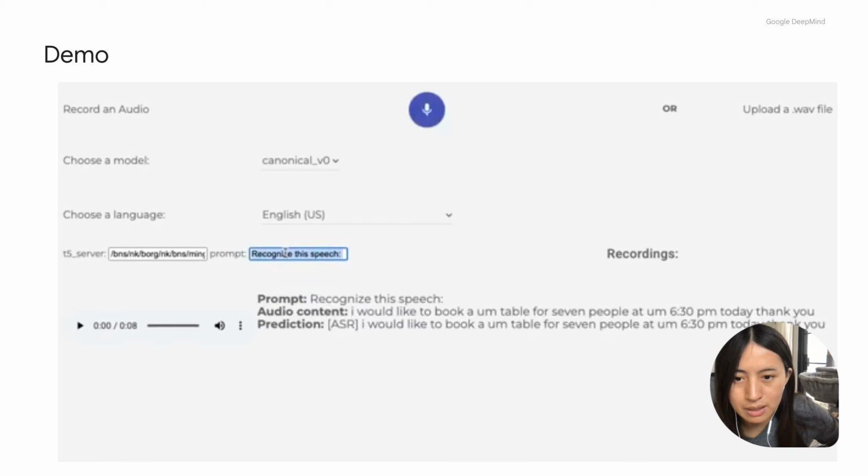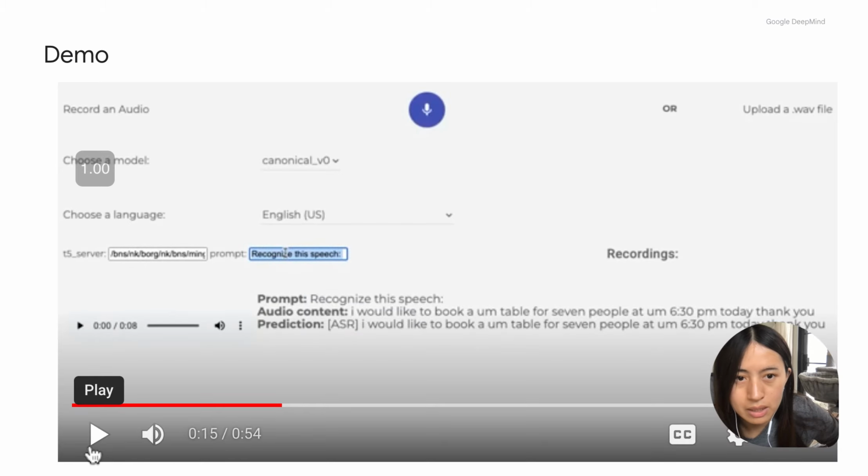So here's a live demo of what's going on using our model. Basically, the audio content is what is in this speech, while the prompt is the text instruction given to the model, while the prediction is, for example in this case, we instruct the model to recognize the speech. The prediction is the transcript of the speech.